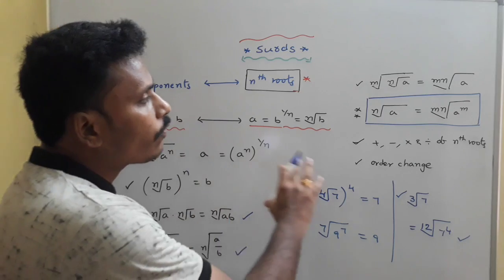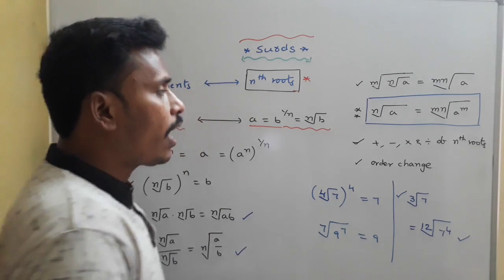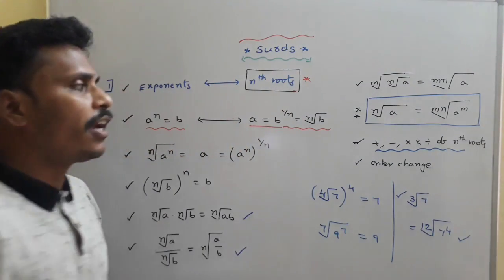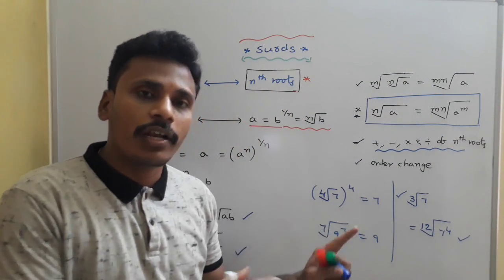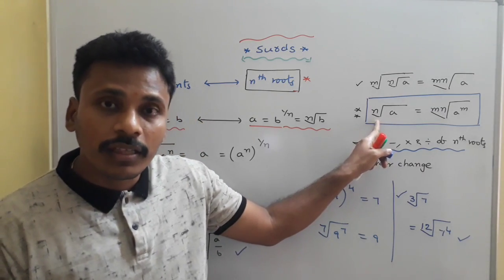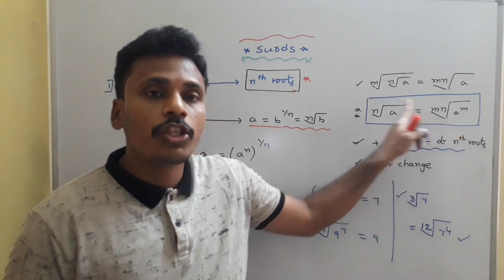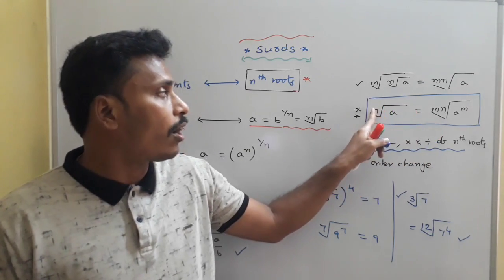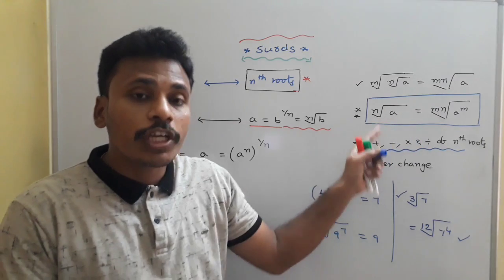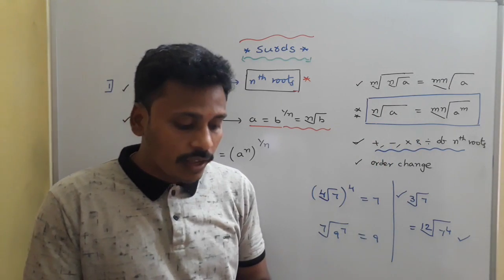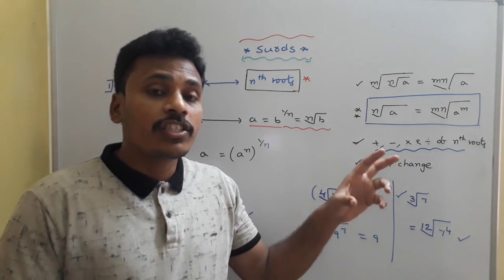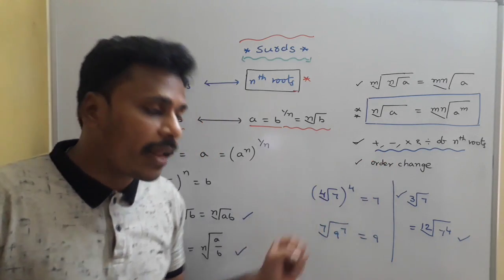So all these are different formulas related to the nth roots, and we need to revise addition, subtraction, multiplication and division of nth roots along with this order change. Order change, I already mentioned you here, nth root of a is simply nothing but mnth root of a power m. These two numerically same, but here that order is n, there that order is mn, which is very useful to change the order. And changing order is very important in adding those nth roots, in subtracting those nth roots, and in comparison of nth roots.